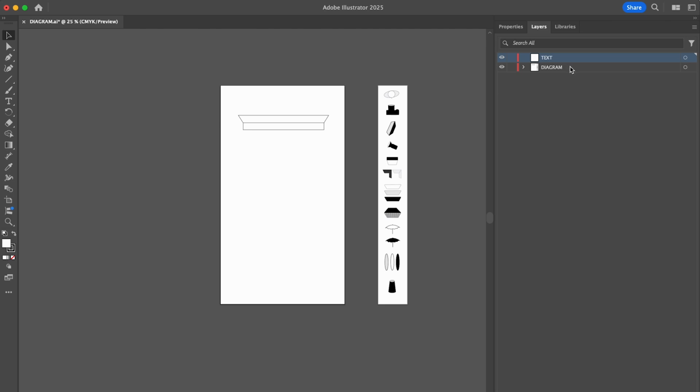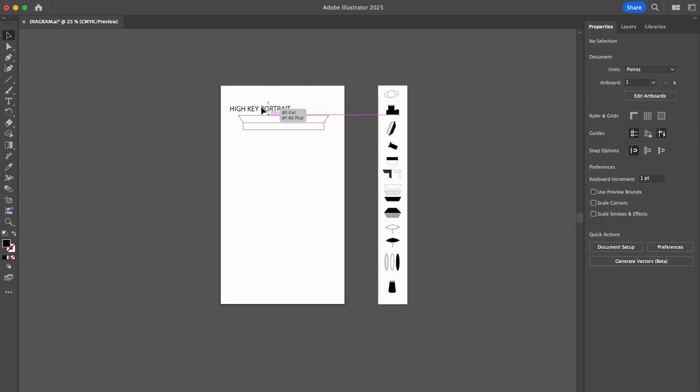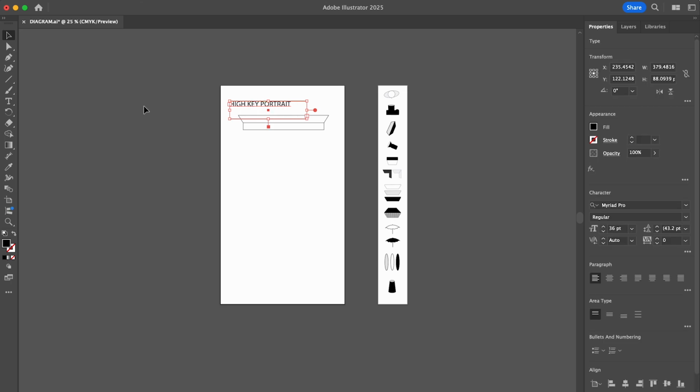On this text layer, I'm going to put the title of my studio or of my diagram in here. I'm going to call it High Key Portrait. I'm going to make it nice and big, so I'm going to select it, and I think I want it to be somewhere over 24. Oh, let's do 36. What the heck? Let's make it nice and big, and we'll do 36. I'm going to bring that down a little bit. You could maybe think about putting it in the middle, but for me, I'm just going to left justify that